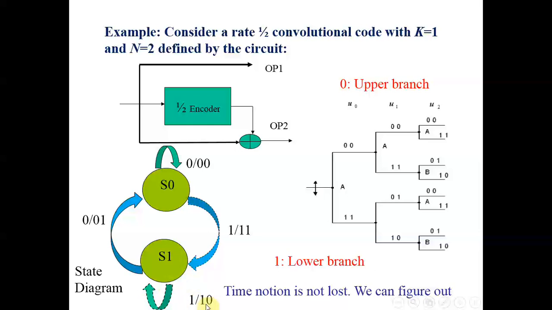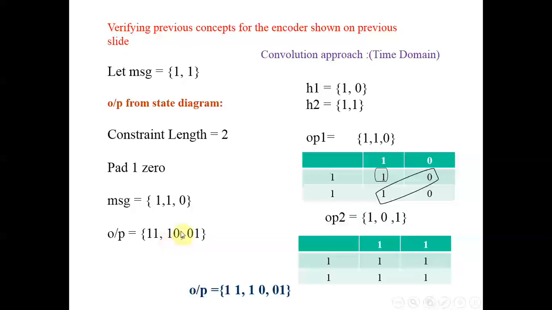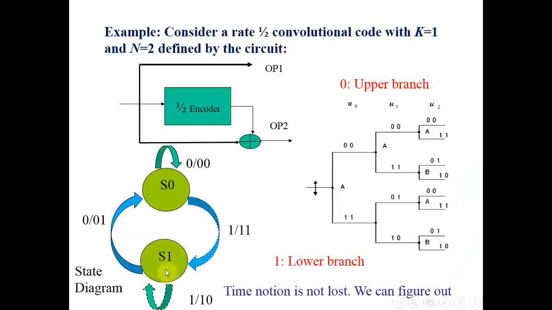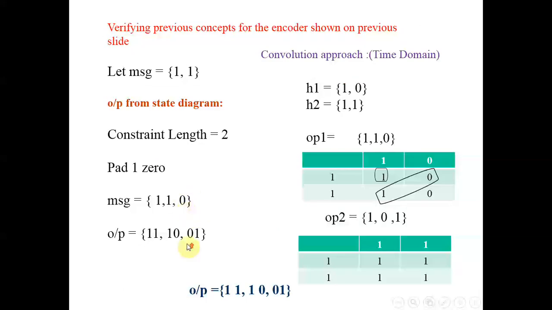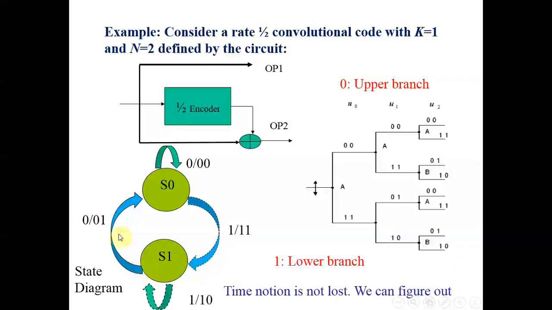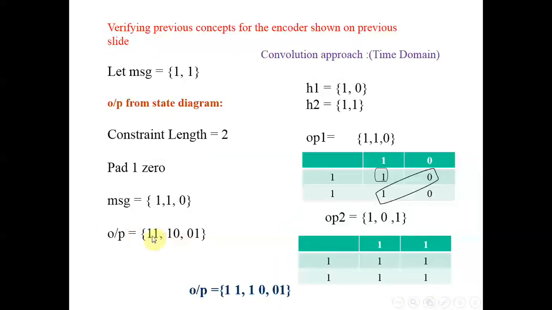And what is the output? 1 0. So what is my encoded message? 1 0. And now you are in this state, and what is the third bit? 0. So if I receive 0 here, I'll go to S0, and what is my output? 0 1. So my output is 1 1 1 0 0 1. That is the output when you apply the message 1 1 0. So this is your code word of the convolutional encoder. This is the output of a convolutional encoder once you apply 1 1 0. Which approach am I talking about here? I am talking about the approach of state diagram here, right?